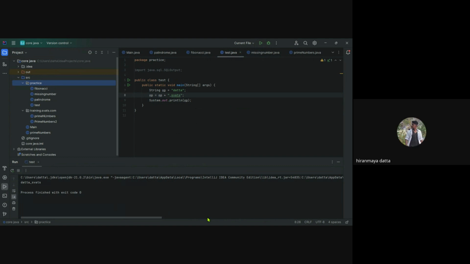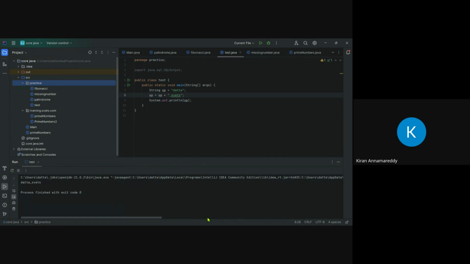So I said string is immutable, right? But we are changing string. Why? Immutable means you cannot change it, right? We declare it as private, like the string.